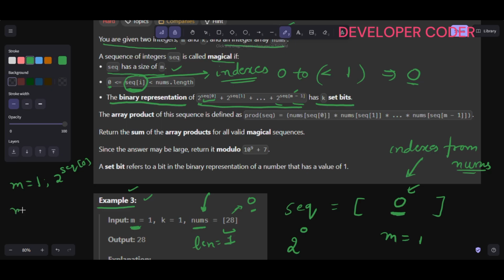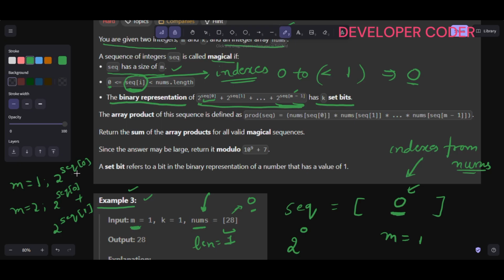If my m is equal to 2, it means 2 power sequence of 0 plus 2 power sequence of 1. So this is for m, and in my case m is 1, as of now. That simply means 2 power sequence of m minus 1 until here only,